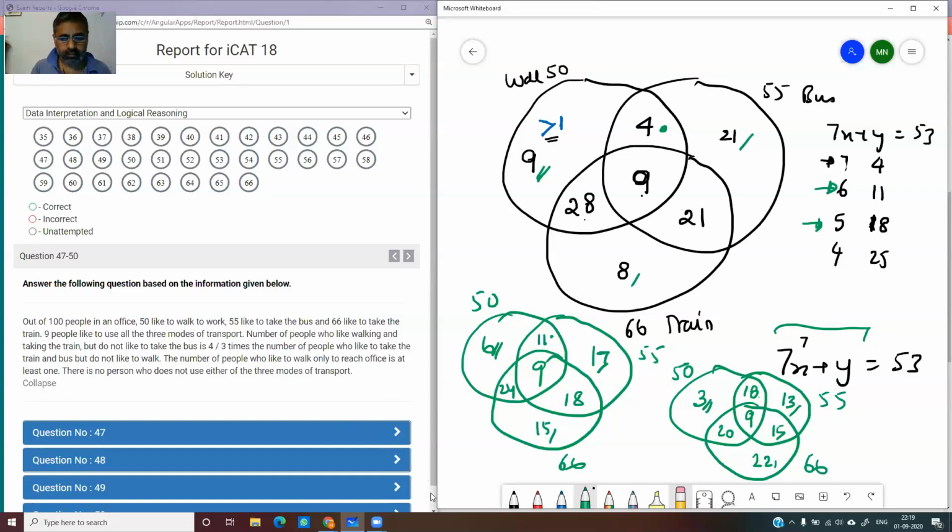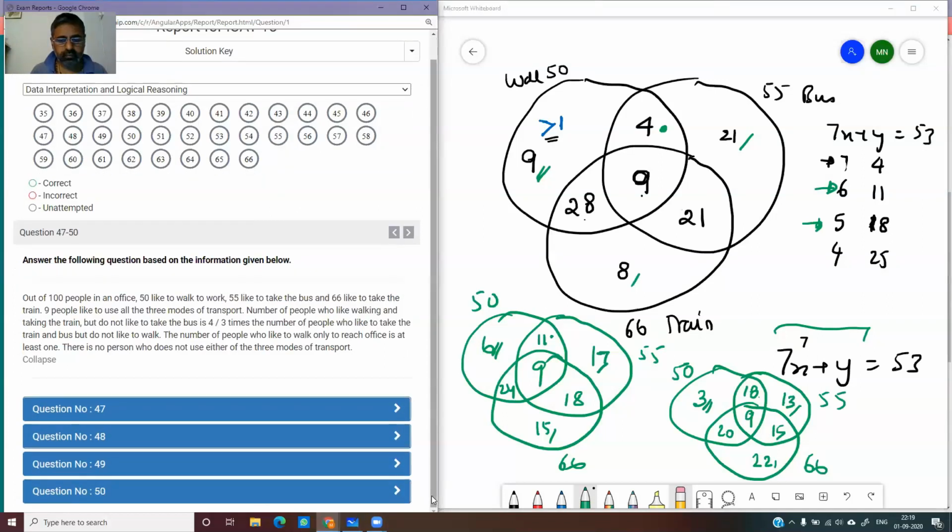So why did we do 3 whole set diagrams? Can't we check only for walking? No, but the condition is given. Now, there are 3 possibilities. The only condition is what? Greater than 1. It should be greater than 1. So all these 3 conditions are greater than 1, isn't it? Yes, sir. But you drew the entire 3 circles and then filled each and every circle. So can't we, because the first question is only for walking.